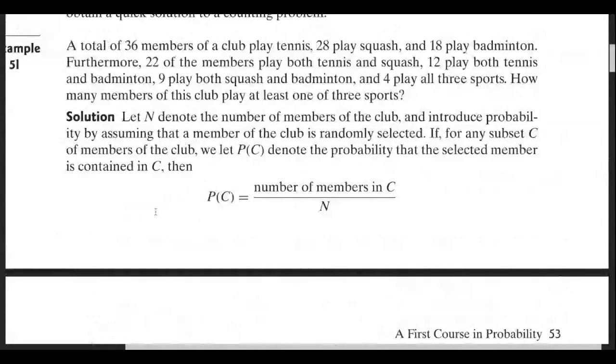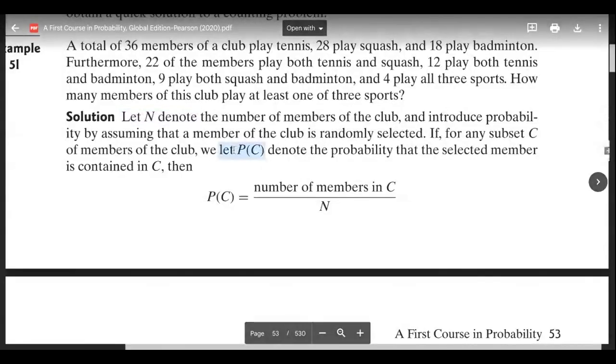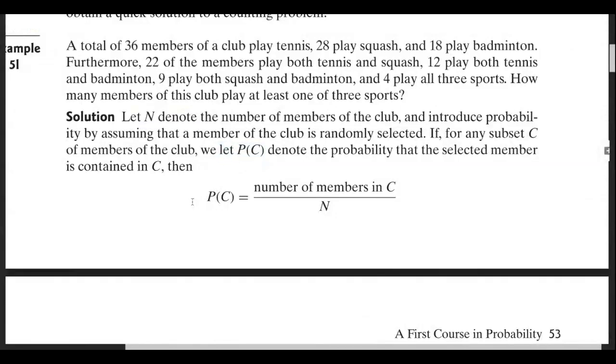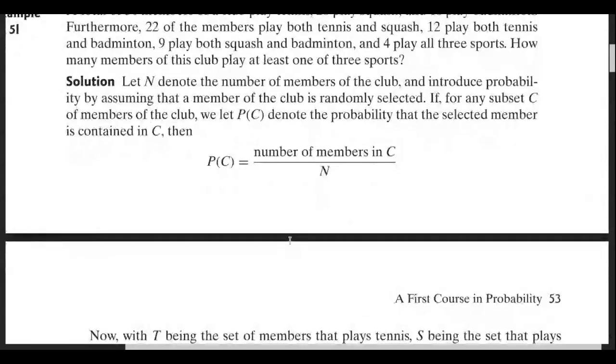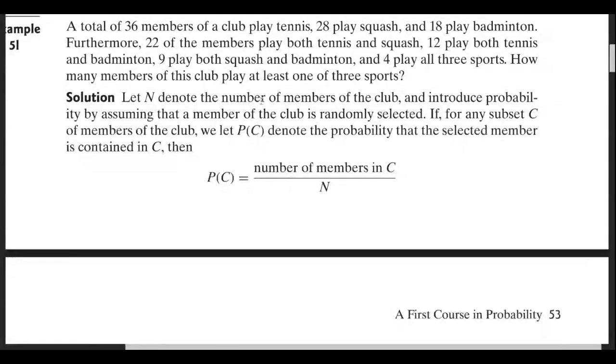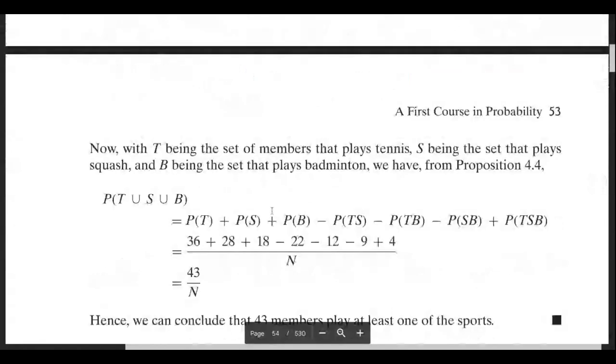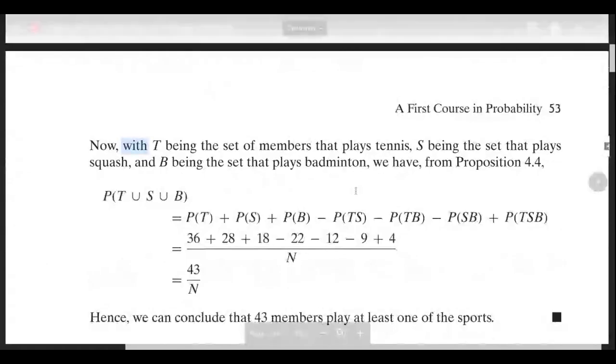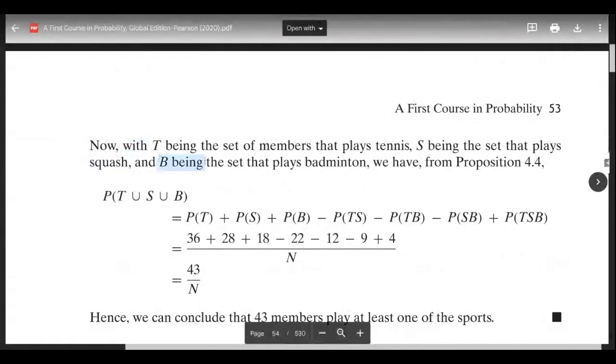So let n denote the number of members of the club, and introduce probability by assuming that a member of the club is randomly selected. For any subset C of members of the club, we let the probability of C denote the probability that the selected member is contained in C. Then the probability of C equals the number of members in C divided by the number of members in the club. Okay, so this is one way to think about it. What's a subset? A subset of playing at least one of the 3 sports. So now with T being the set of members that play tennis, S the set that play squash, and B those that play badminton, we have